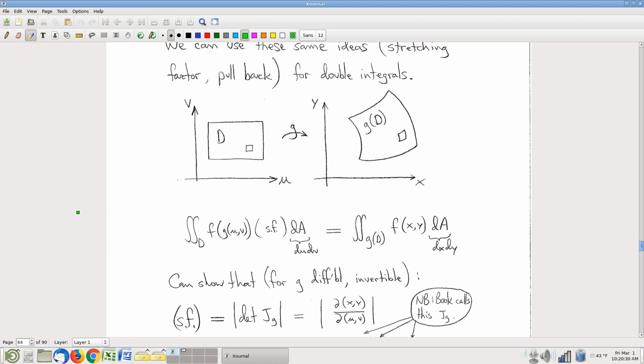Thinking, though, of the substitution rule for integrals, taking the new point of view of it as a statement about what happens when you move a Riemann sum from one axis to another axis by way of a function, what we get is a template for how to create an extension of that idea to multivariable integrals. And so we did all that last time, talked about the same analogous idea, and here's what results if you find yourself in a scenario where one domain goes into some function to produce another domain,